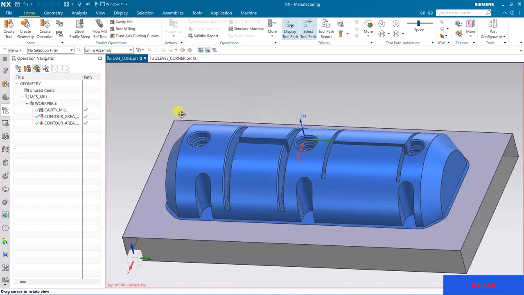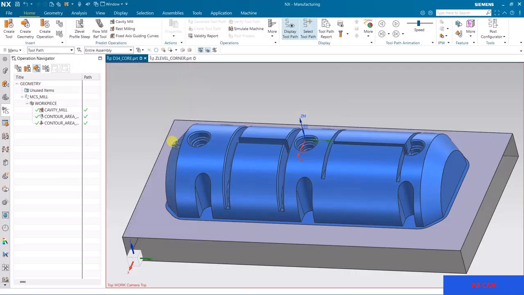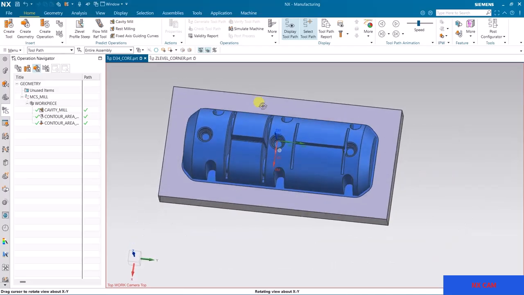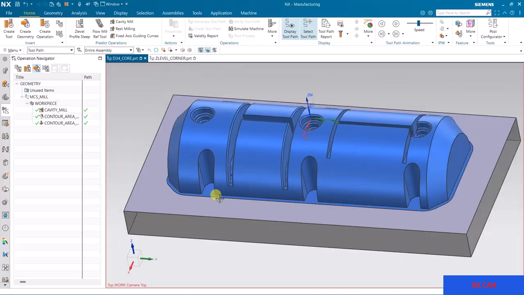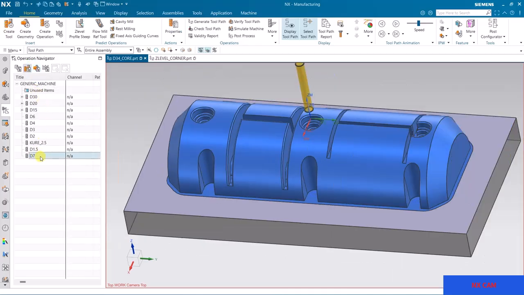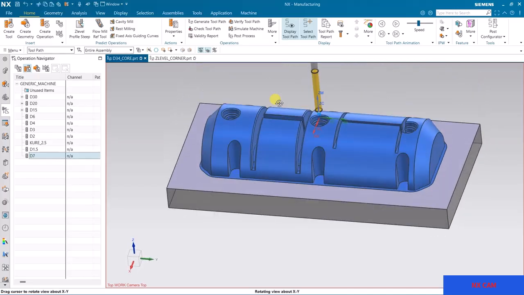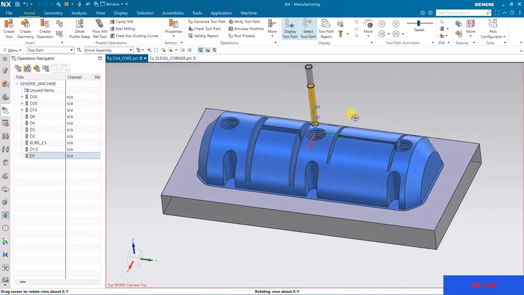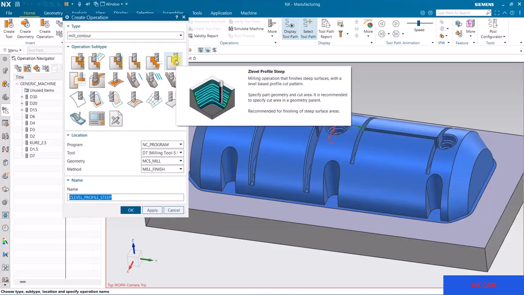Friends, today we will see Z level corner. This Z level corner is not a separate operation here. We will do this operation with the help of Z level profiling steep. Most of the time, when we have some small areas which are steep areas, we can use Z level corner for steep areas. Here I am going to use a smaller tool. This tool I am going to use to cut these 1, 2, 3, 4, 5, 6 slots which are vertical faces. Now click here and select this option Z level profile steep